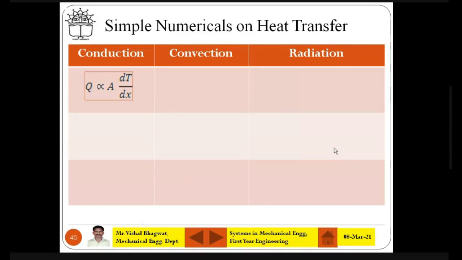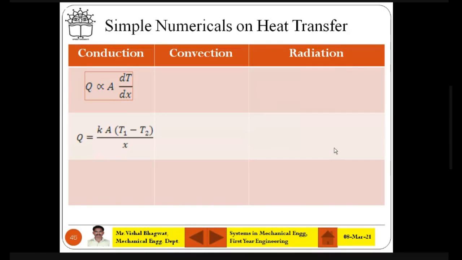Now you take the constant of proportionality. So Q is equal to K, the constant of proportionality, which is the thermal conductivity in case of conduction, into A, which remains A there, into dT, which is T1 minus T2, divided by dx, which now becomes X. So this is the formula with which you solve conduction problems. Okay, fine. You should be very quick. Today it is already over, but try to write the formulae somewhere and then we'll solve the numericals, simple numericals only.